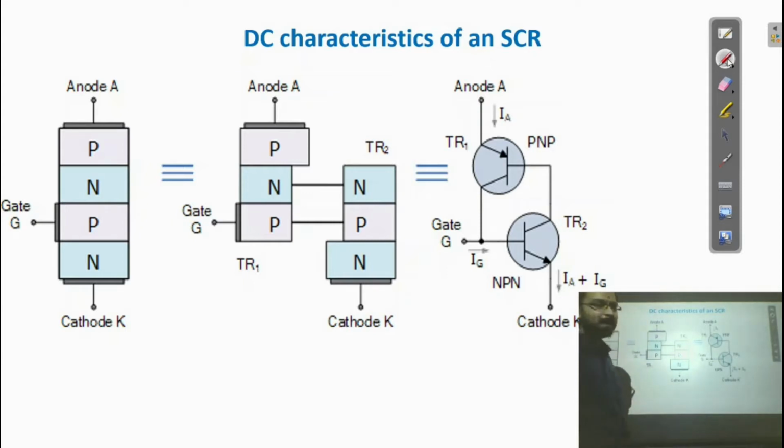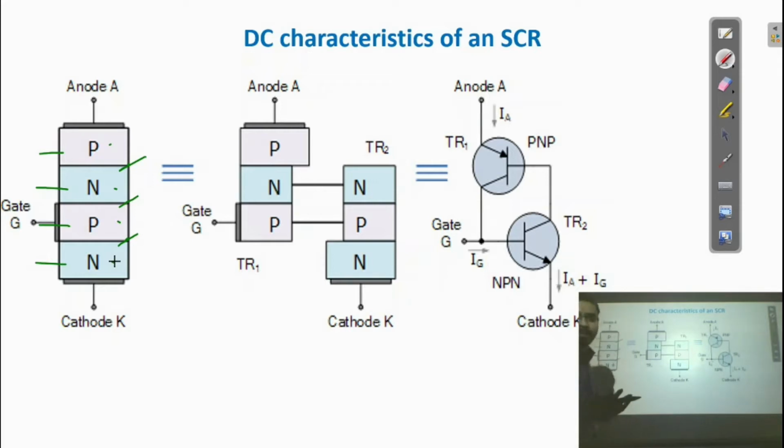So first of all, let us see the basics. This is the basic block diagram, the basic structure of an SCR. SCR is nothing but silicon controlled rectifier. This is the full form of an SCR. It's made up of PNPN semiconductor layers and 3 junctions. That is number 1, 2 and 3. This is the first junction, second junction and third junction. There are 4 semiconductor layers, PN and PN, and as there are 4 semiconductor layers, there will be 3 junctions, right?